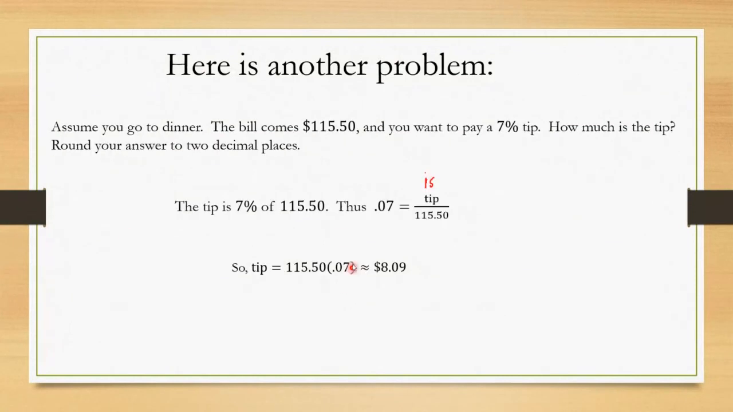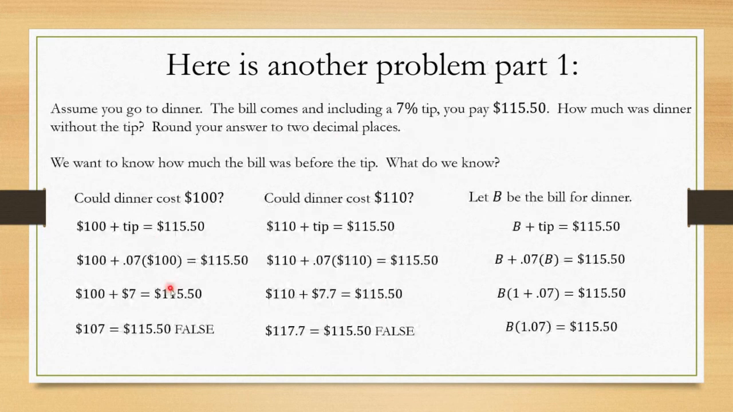Well, if you go through this kind of calculation, how did we get the tip? Well, we took the amount that dinner was without the tip and multiplied it by 0.07. You know, what is 7% of something? It's 0.07 times that something. That's all I'm doing here, just to save room. So we have $100 plus 0.07 times 100. So this is 7% of 100. This sum would have to be